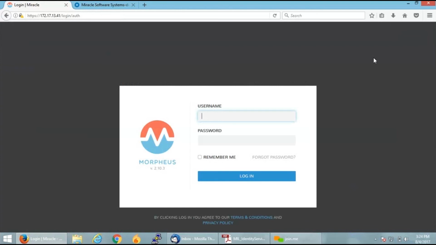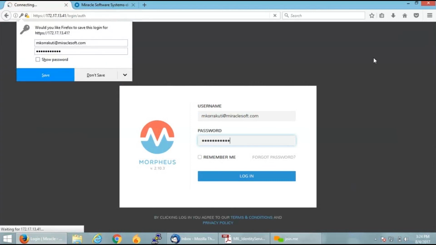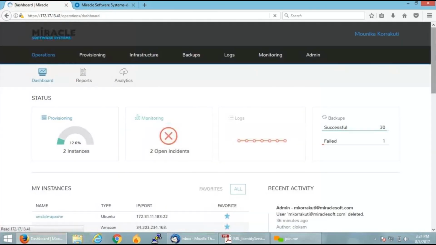So now, if you remember, we were in Chanakya Lokam's account, and I'm trying to log in with mkarakuti@miraclesoft.com. Your password, log in. So if everything goes well, we can log in successfully. You can see, in the place of Chanakya Lokam, you can find Monica Karakuti over here as a user.